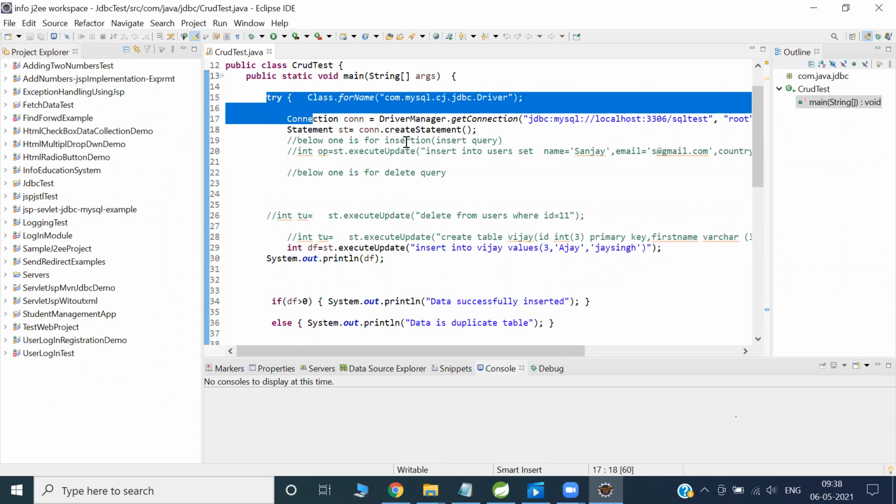So that is your choice. If you ask me, sir, can I do both the static thing and the dynamic thing by taking prepared statement? Yeah, that's fine, that is your choice.